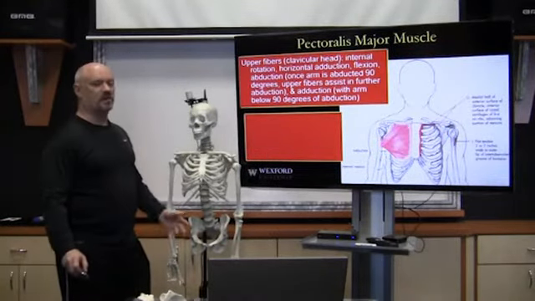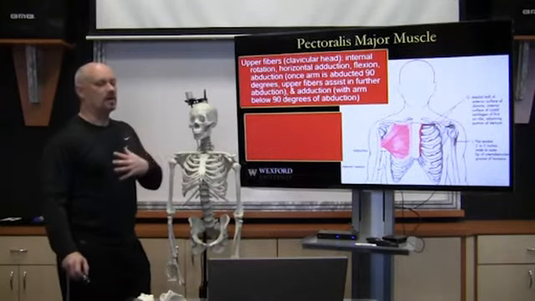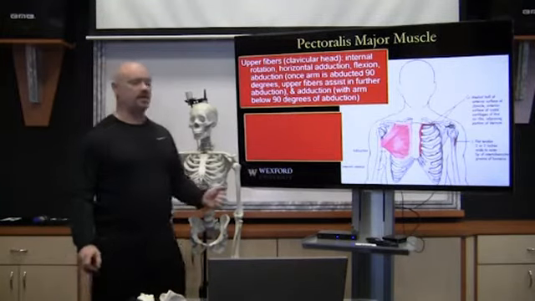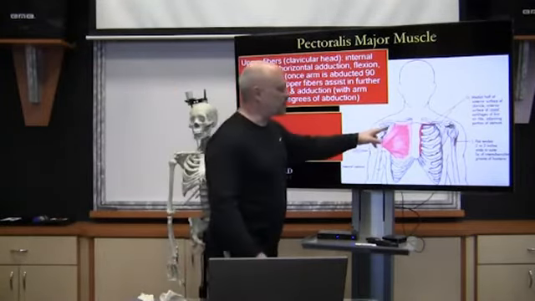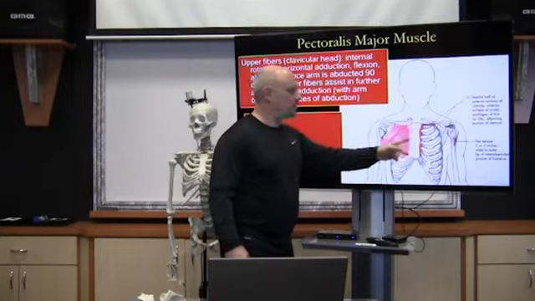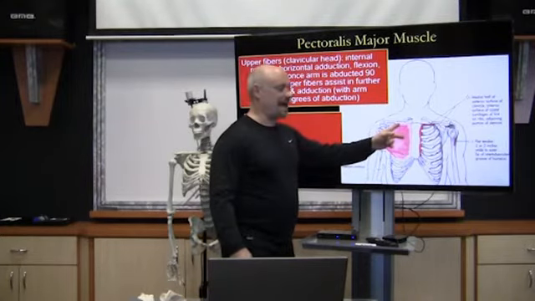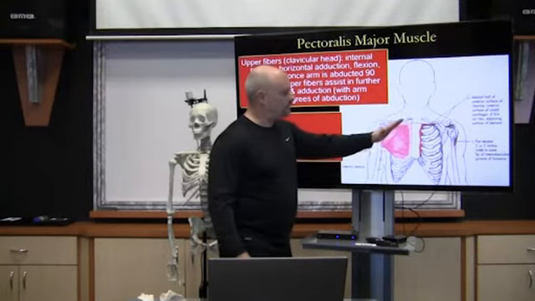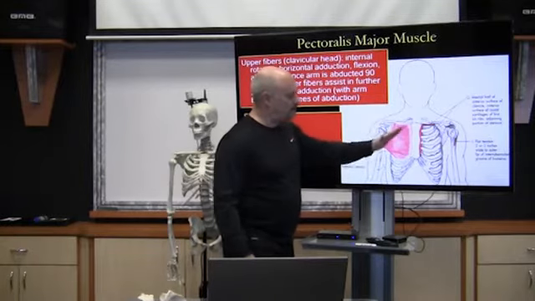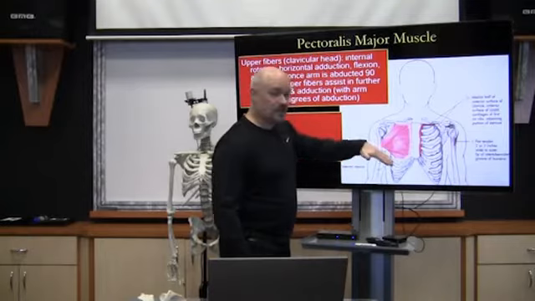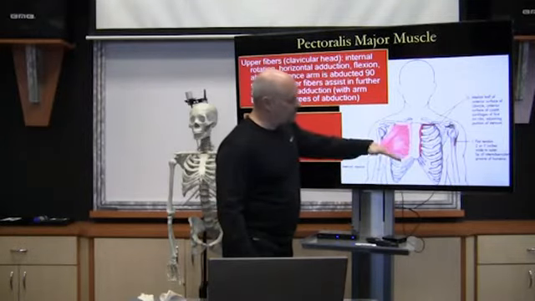The pec, once again, we have an upper and a lower portion. This is the clavicular head. That helps in internal rotation. Once again, let's look at this. Here's the broad base of attachment on the sternum. We have the upper fibers that are attached to the clavicle. The first two-thirds of the clavicle have the upper fibers. And when they come down, look how they're angled down. And look how the fibers all will change their angle of insertion depending how this muscle is laid out when they're in this